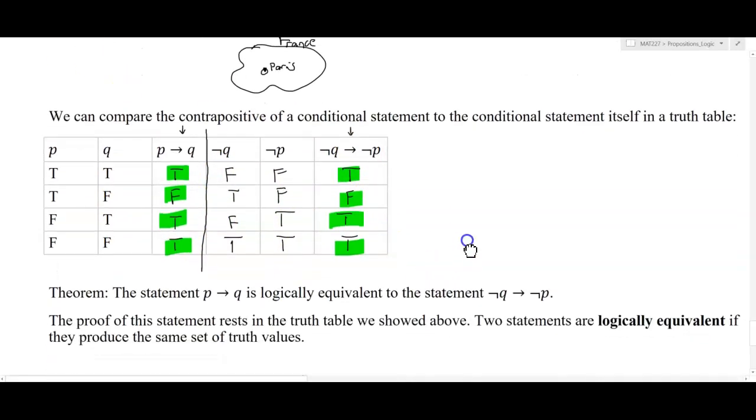Therefore, we could say the statement P implies Q is logically equivalent, meaning they're exactly the same statement, as not Q implies not P. The proof of this statement rests in the truth table we showed above. Two statements are logically equivalent if they produce the same set of truth values. And that's a beautiful thing that we can do. We can show that any two statements are either equivalent or not equivalent by showing whether or not they generate